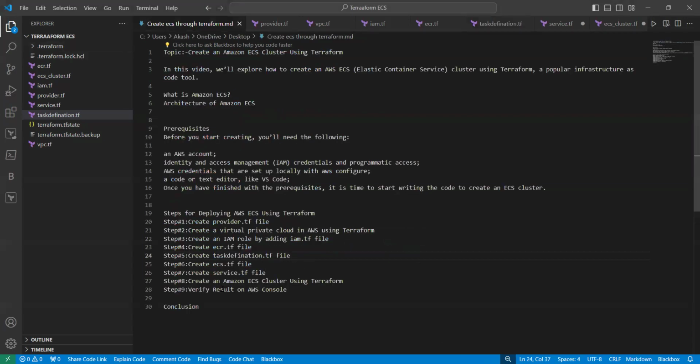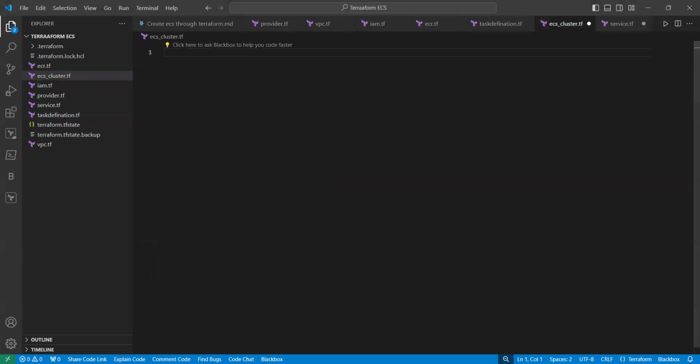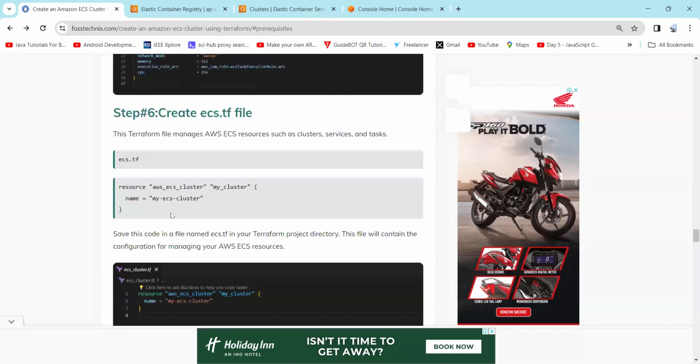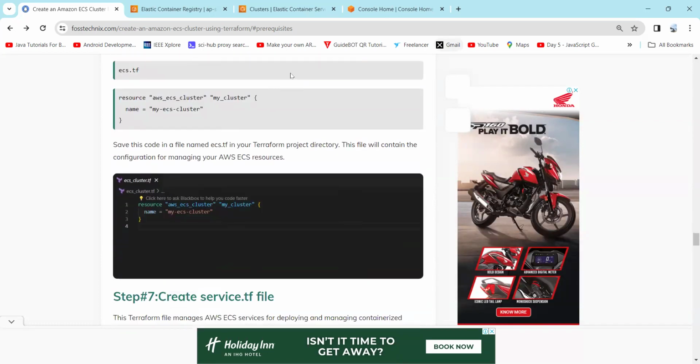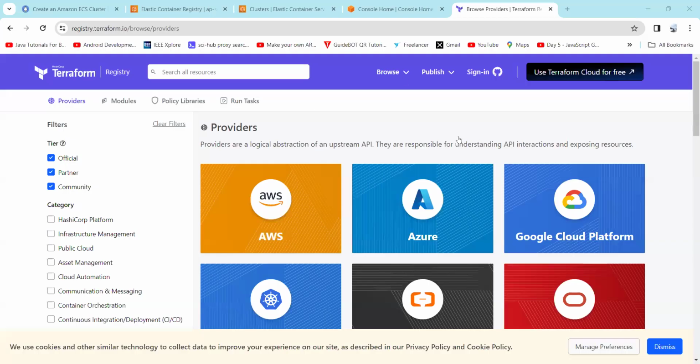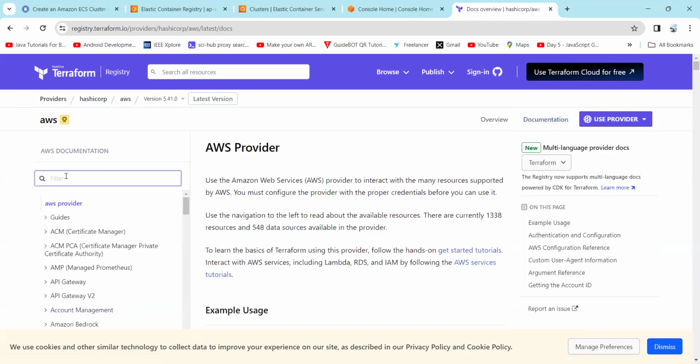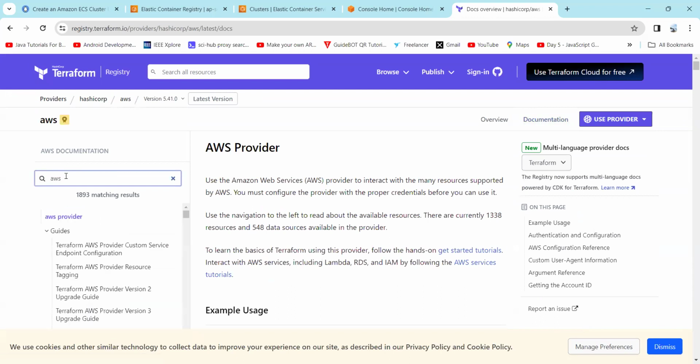Now our next step is to create the ECS.tf file, which will include creating the ECS cluster. So you can copy the code from our article, and you can also use the Terraform registry. So this is the Terraform registry, the official Terraform documentation page where you can refer to the code. If you click on the documentation and just type your resource name, which is AWS ECS,